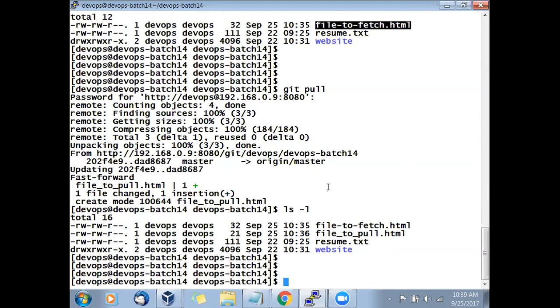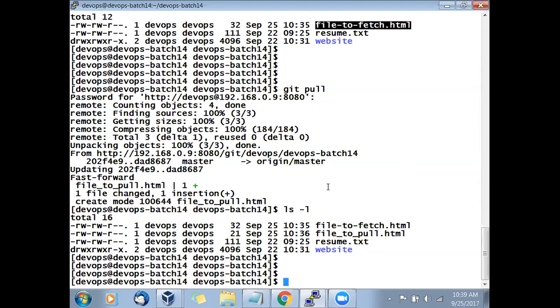Why do we show the delta 1? Because we already downloaded the file, now there is no difference. Then we created a new file, which is only one new file. That's why it says delta 1. If we had not pulled the files at the same time, then it should say two changes are there.